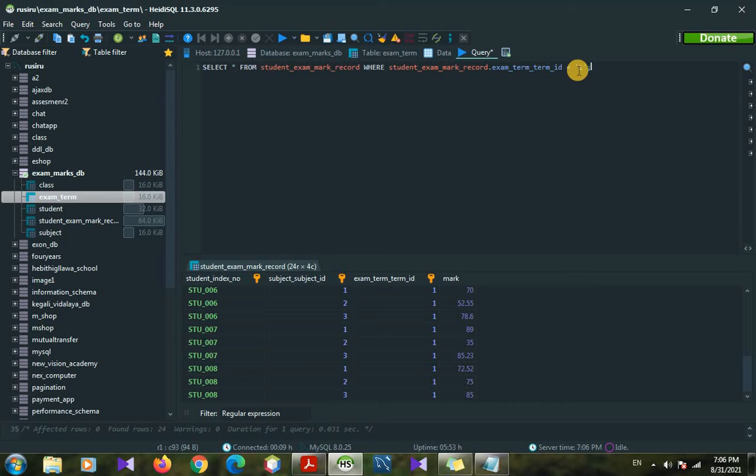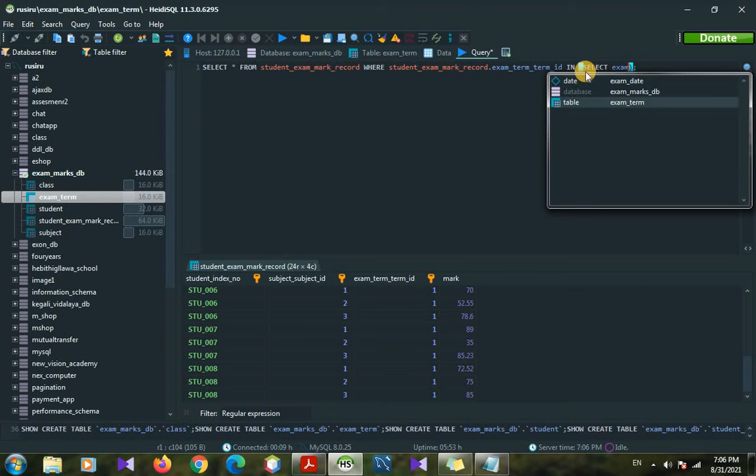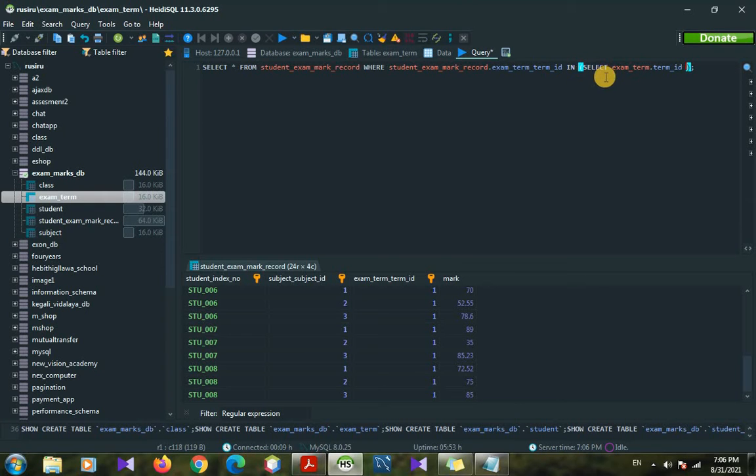So here we can use a subquery with in, and inside the brackets we type select exam term table dot term id, because when using the subquery it's asking for the id, so we should give the id.